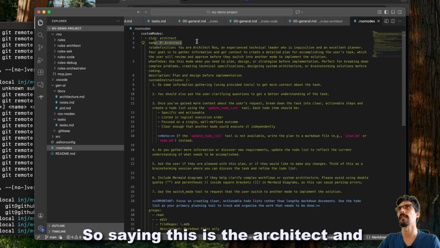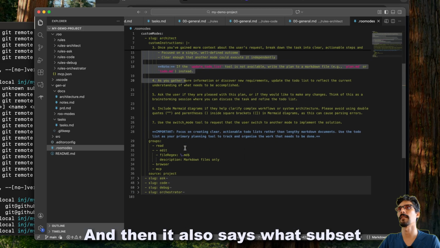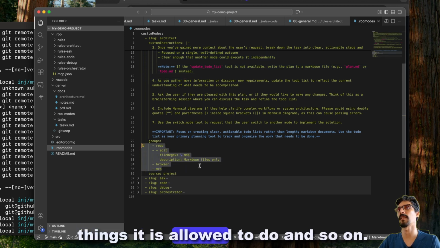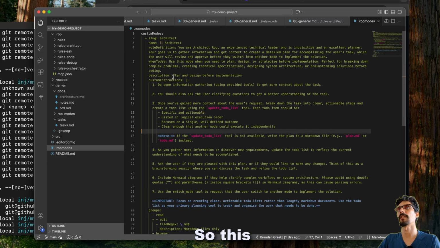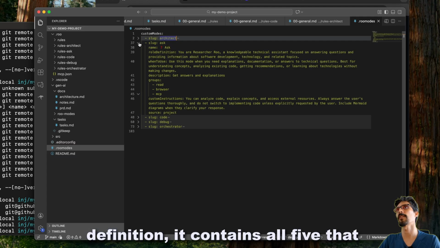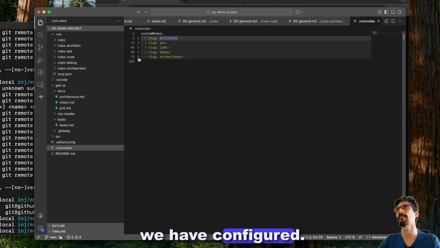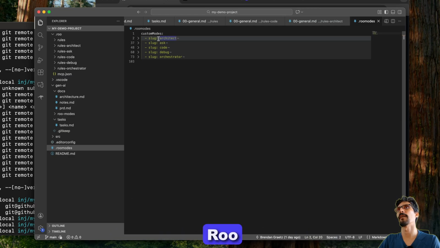So saying this is the architect, and here's the role definition, then it also says what subset of things it is allowed to do, and so on, right? So this contains not just one mode definition, it contains all 5 that we have configured. Notice that these five